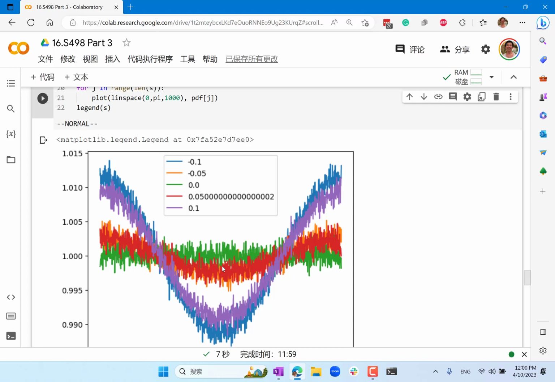So basically, you can see that this is the case we are looking at. First of all, you notice the range in the density is very close to 1, right? And when we make different perturbations, you can see the smaller perturbations, red and orange, are very close to green. And the bigger perturbations, blue and purple, almost quadruple the amount of difference, right? So basically, what I'm showing here is that the density,